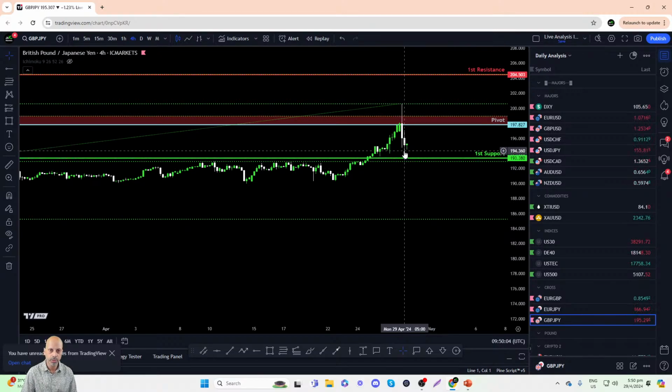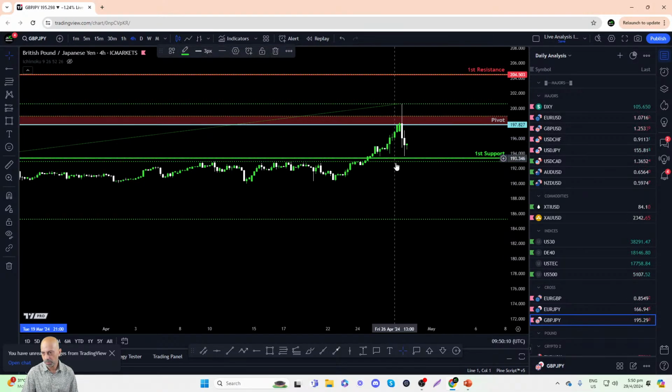So should this bullish momentum still continue, we may have a good opportunity to go long on the pound yen, and where I would place the stop loss would be at a level below the first support. So if first support is at 193.38, I will probably place my stop loss about 15 pips underneath this first support level, probably go long on pound yen at market, and then I'll target the area of the first pivot as a potential resistance zone.